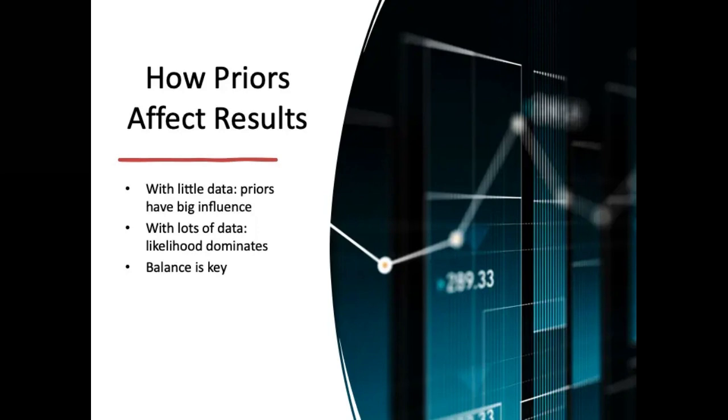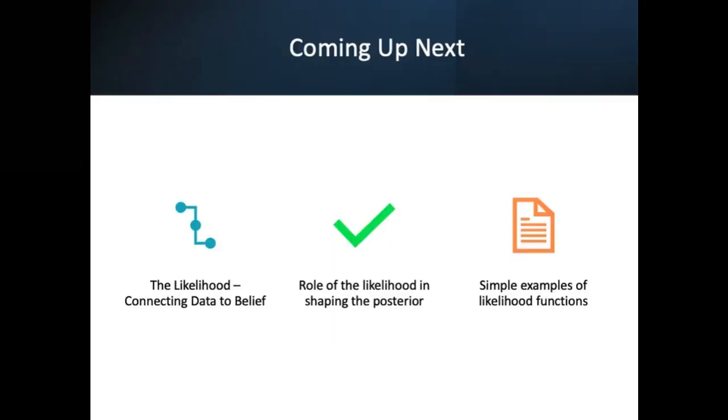Now, the influence of a prior depends on how much data you actually have. When data is limited, your prior can heavily influence the posterior. But when you have lots of data, the likelihood dominates and the prior's role fades. That's why priors are powerful tools early on, because especially in medicine, early stage research or small studies can really benefit from Bayesian statistics. Bayesian thinking balances belief and evidence, and the more data you get, the more objective your model becomes.